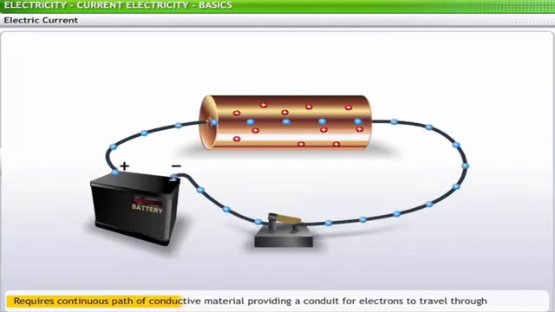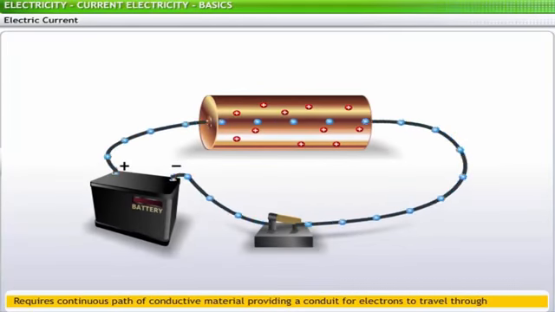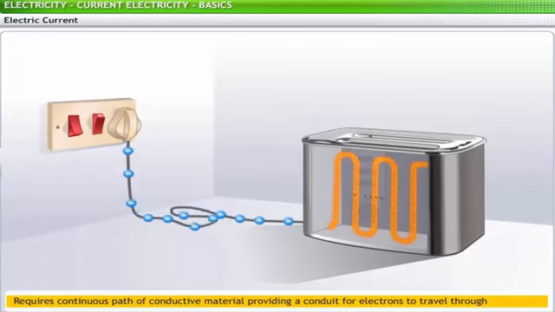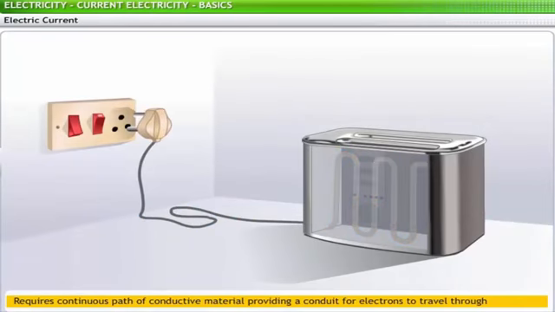Electric current requires a continuous path of conductive material to provide a conduit for electrons to travel through. Electrons move in the empty spaces within and between the atoms of a conductor. As each electron moves uniformly through a conductor, it pushes the one ahead of it. Thus, all the electrons move together as a group. When you unplug an appliance, say a toaster, from the power supply, the flow of electrons is interrupted and the